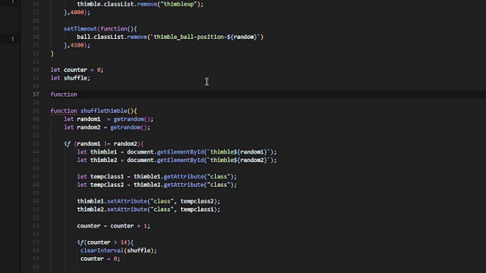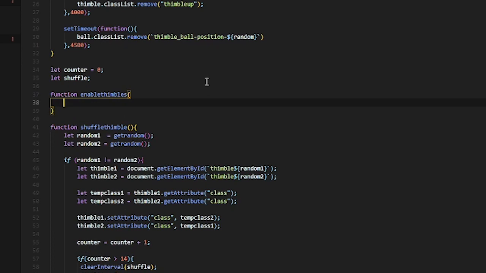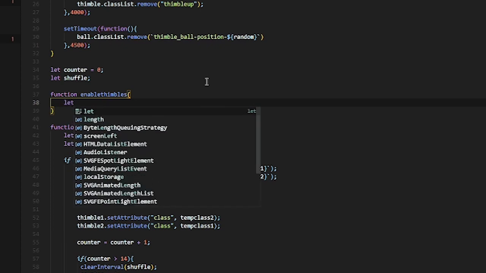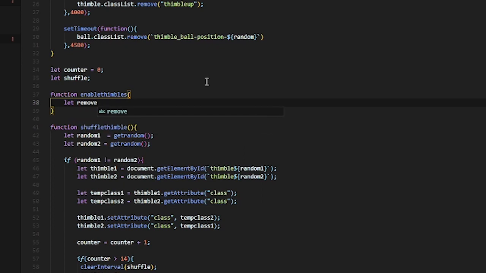So let's create a function and make it enable Thimbles. So what this function is going to do is simple. It will just remove the function, the class. No, it will remove the disable attributes from all the Thimbles. So let's remove equal to